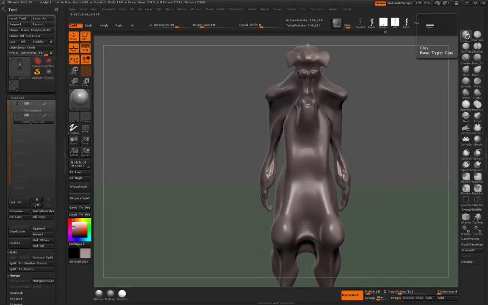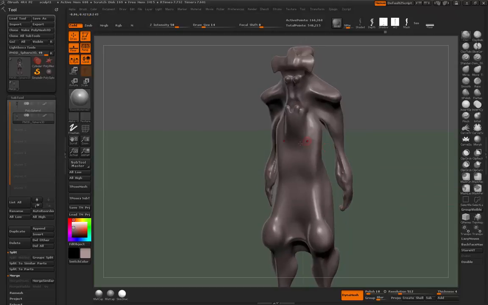Let's throw a couple of lines in here. I just want to delineate the rib cage, or what I think is going to be the rib cage. I mean, we've talked a little bit about